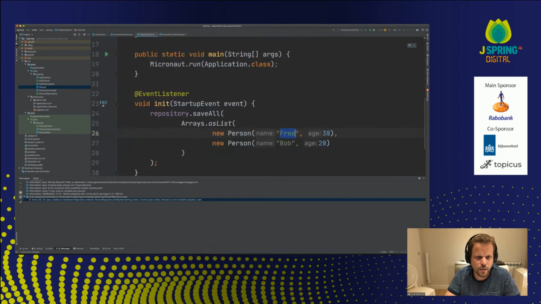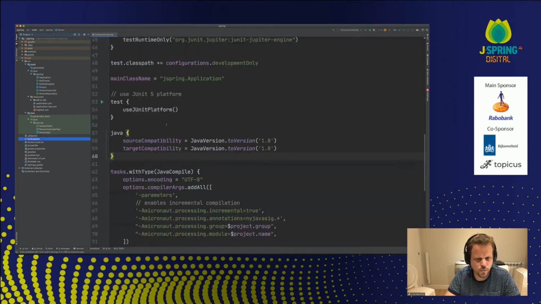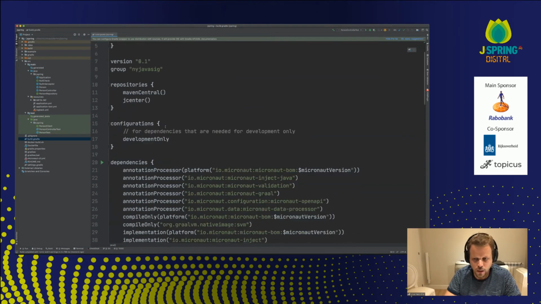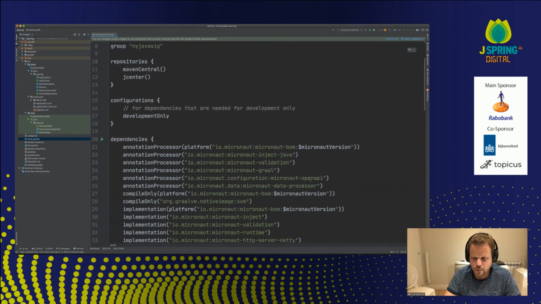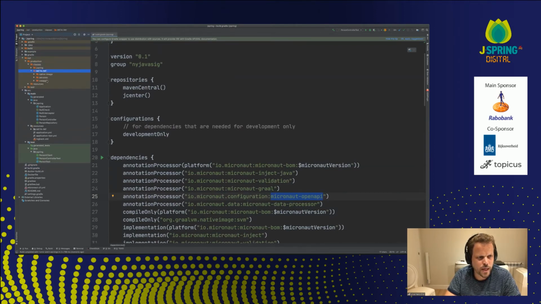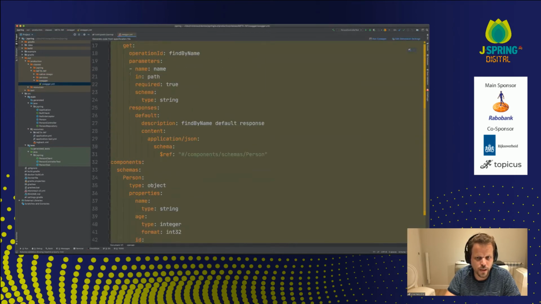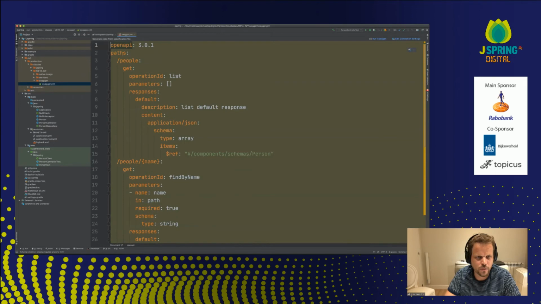Another thing you may not have realized is that this project is set up to include the Micronaut OpenAPI annotation processor, which generates Swagger automatically. Whilst I've been compiling my classes, it's been generating my Swagger definition for the API of the person controller.